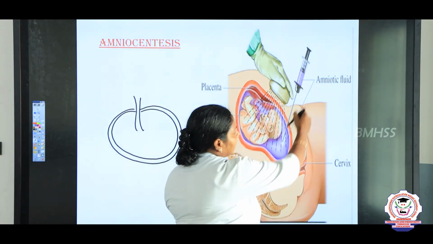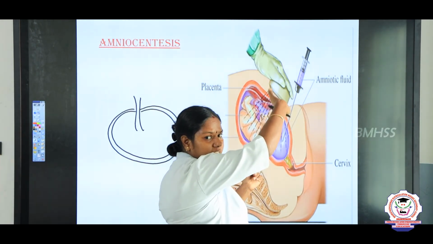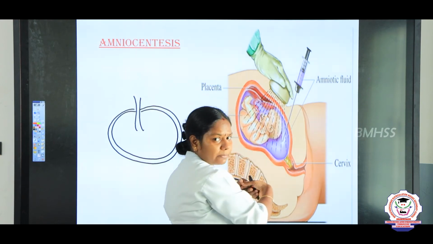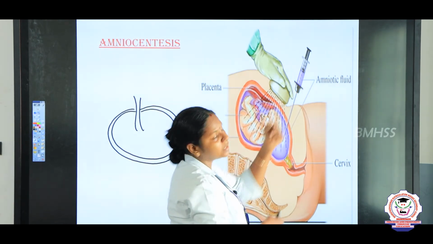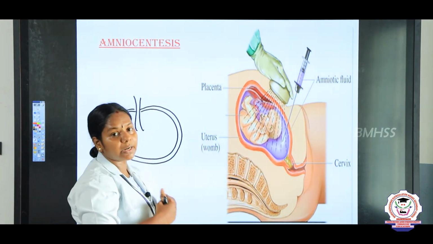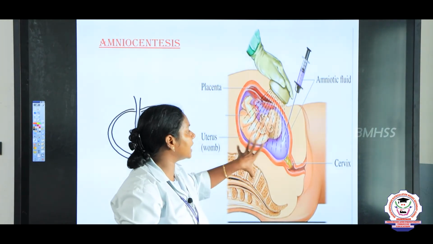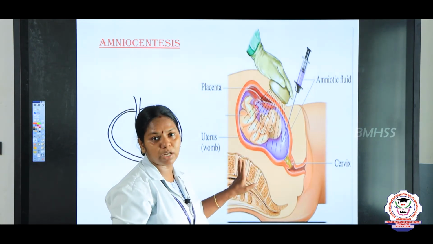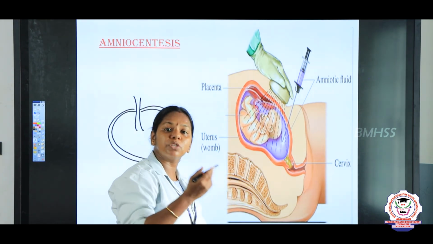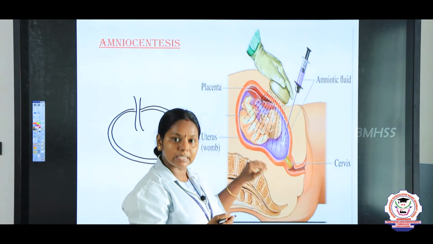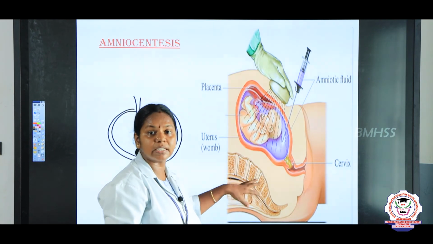By examining this amniotic fluid, through a small incision a special syringe is directly injected into the abdomen, it reaches the uterus and it extracts the amniotic fluid. By using the amniotic fluid, we can determine the chromosomal abnormalities, whether the child possesses any genetic defect. We have discussed already that amniocentesis is banned because some persons are misusing it for the determination of the sex. So, it is banned. But in case of emergency, amniocentesis can be done.